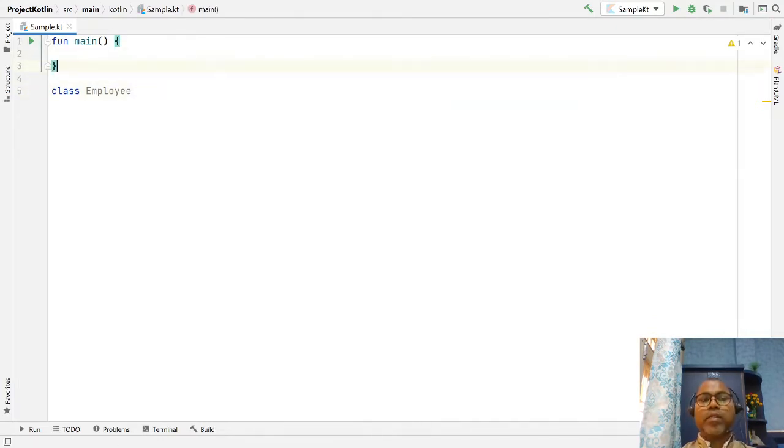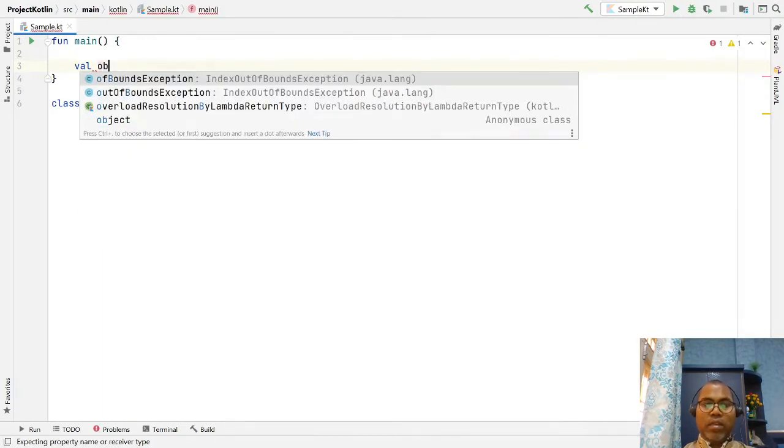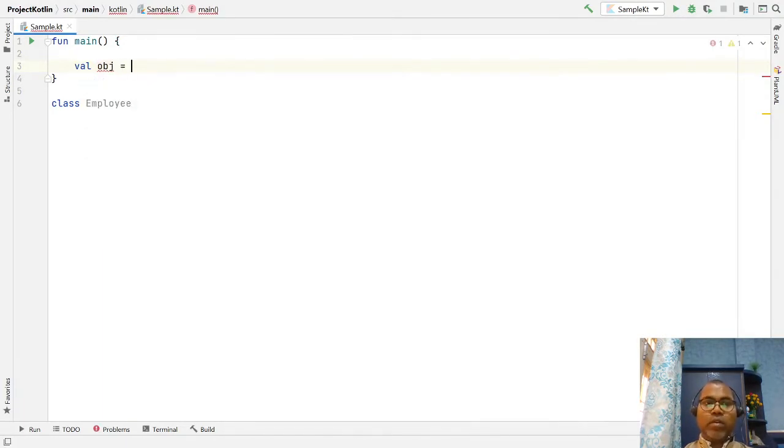So if the class is created, how can you create the object and how can you use it? You can create a val, object equal to, here you can use Employee followed by parentheses. Okay, so this is the minimum syntax.